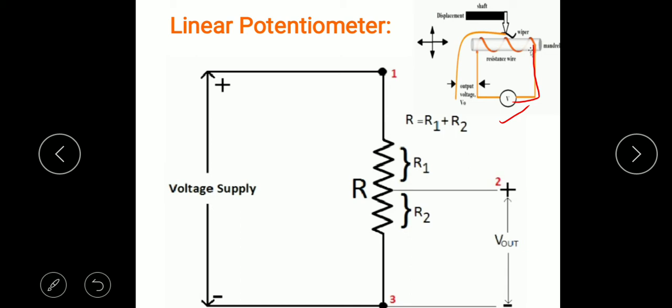So this is the insulating part. On that we are going to wind the wire, and the wire material should be a platinum and nickel alloy. Okay, so this way the circuit will be complete, and at the top we can see a shaft that is doing linear displacement, meaning forward and backward motion. This motion is linear, that's why we are going to use the linear potentiometer.